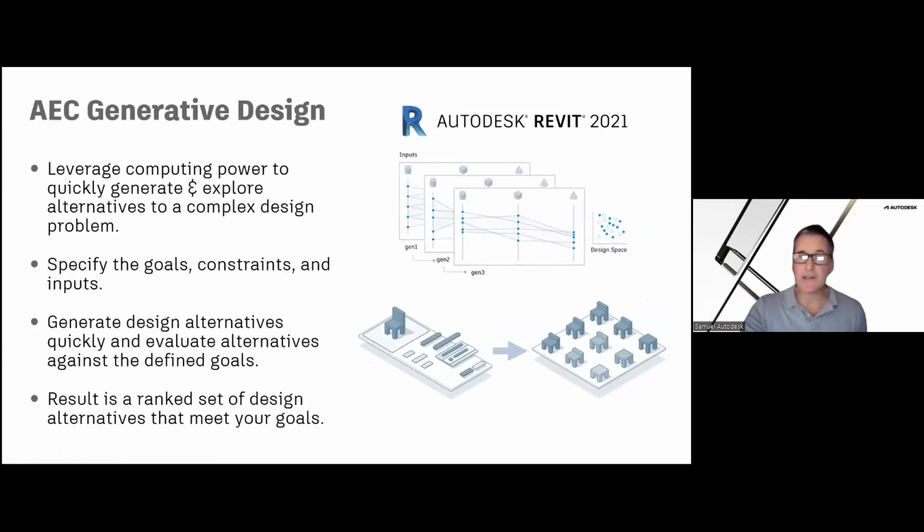The AEC Collection has the full Generative Design for Revit with the newer interface. This is where you can explore all these different alternatives in a complex design problem. You've got tools at the very beginning to start to specify the goals for your outcome-driven design. You can set up the constraints, so what rooms you're going to be working in and the inputs, or what geometry is going to be connecting to. It will quickly go through and do all these different design alternatives for you, and it will rank the different results for you. In fact, depending on how ambitious you want to be, you can do thousands of design options using this platform.